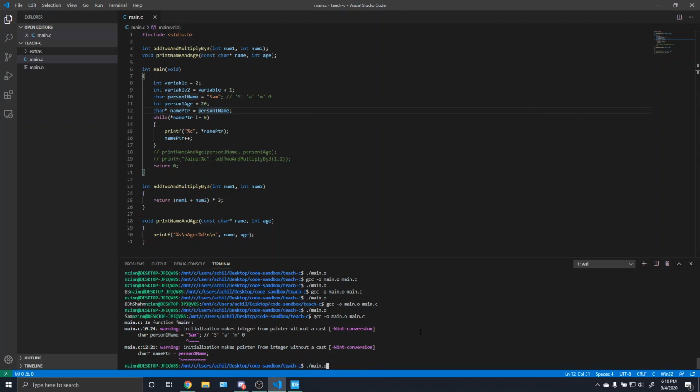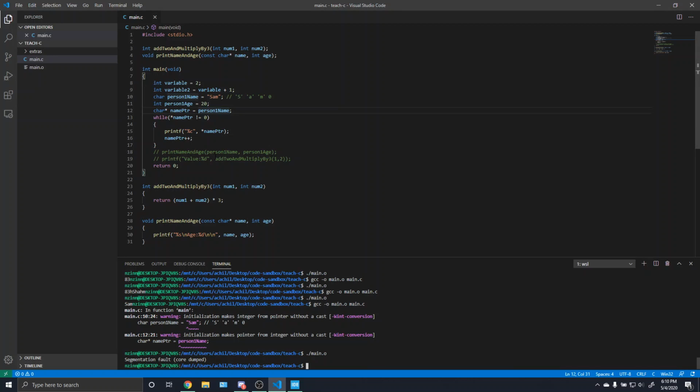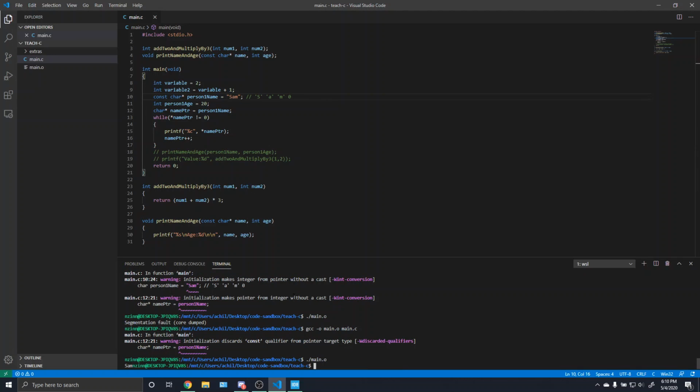Because like I told you before, the initialization makes integer from pointer. Yeah, so if we correctly define our strings, and then we make a pointer to the beginning of the string,